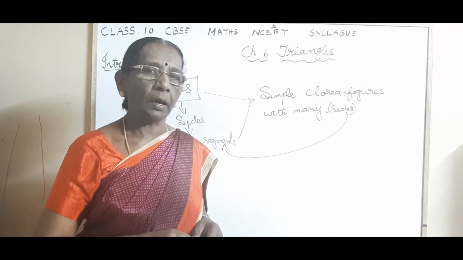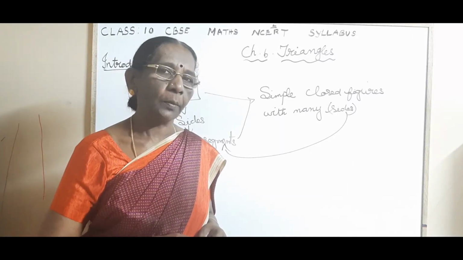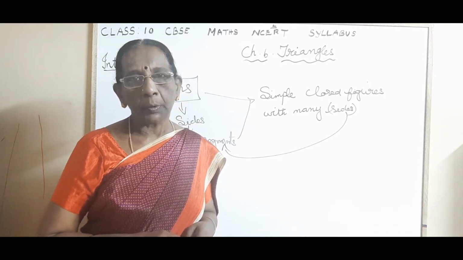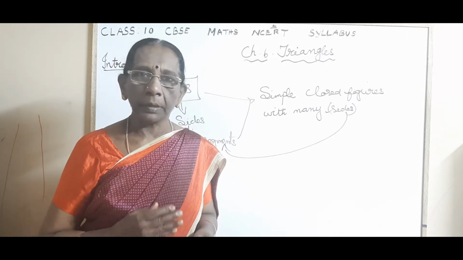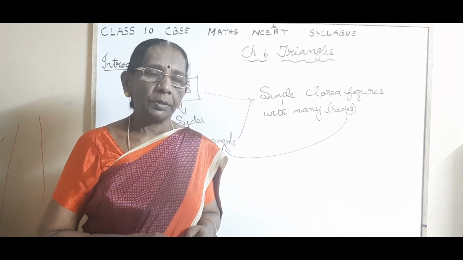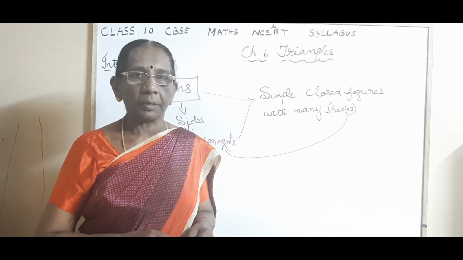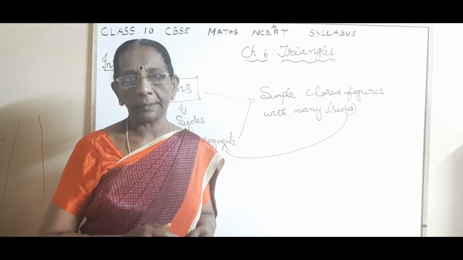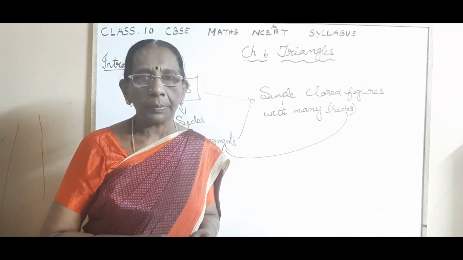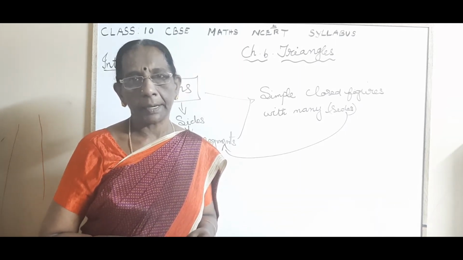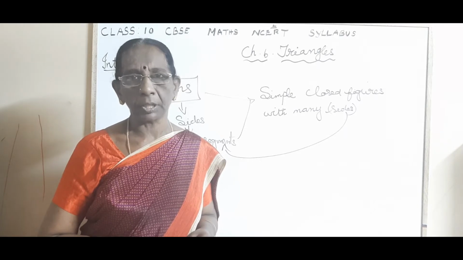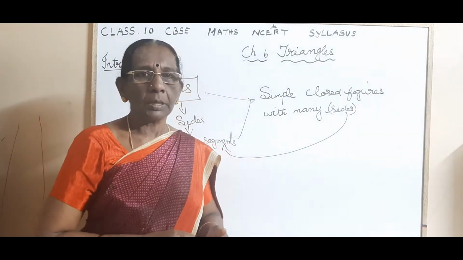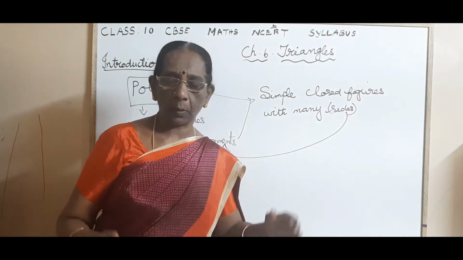Among all the polygons, you have studied elaborately about triangles and quadrilaterals. Isn't it, children? You have studied about the properties of triangles from earlier classes. And among all the properties of the triangles, quadrilaterals and all the closed figures, polygons, one important property you have studied in 9th standard. What is that property? First, let us have a recap about that.